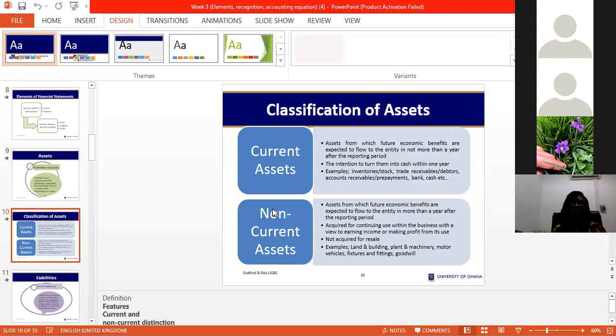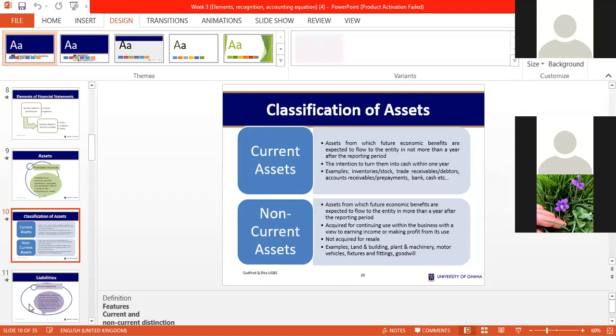So we are mindful of the terminologies and the guidance. Every now and then, the terminologies change in line with current trends. I know in the past we used to refer to them as fixed assets, but in recent times, that terminology has changed. So partially, yes, but let's be abreast with terms in the profession. Okay. Thank you. Yes, Florence.